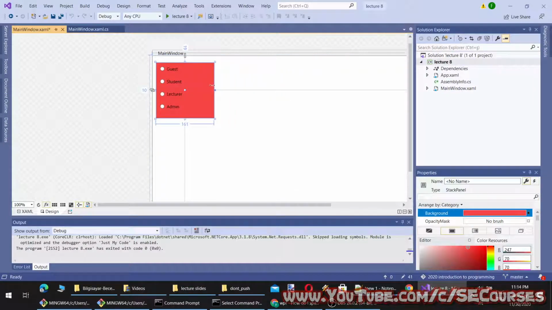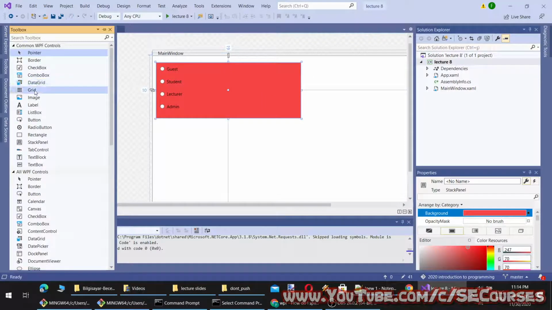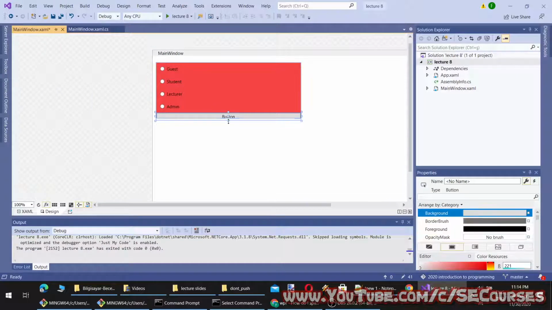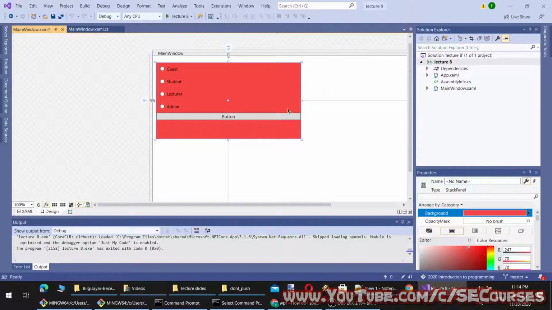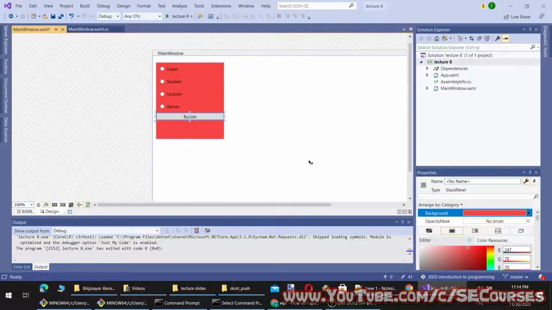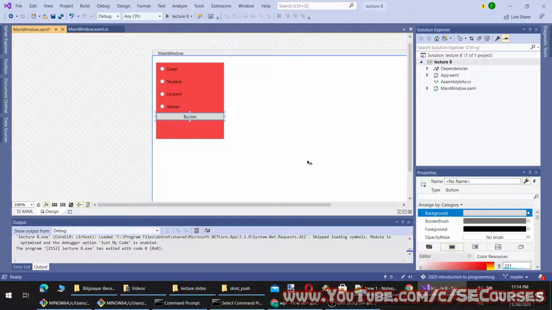Now I can also add a button inside this. However, it will also go to the very top, very bottom like this, a button. Let's make this a bit bigger. So you see this is extremely useful for styling and grouping our objects.